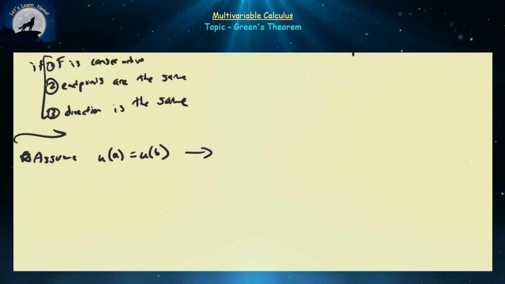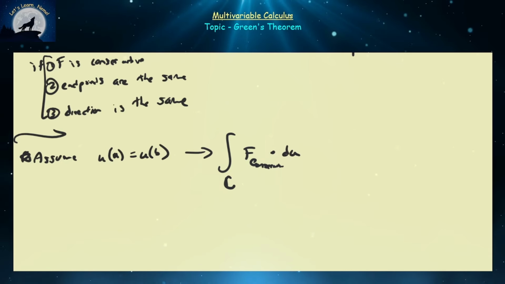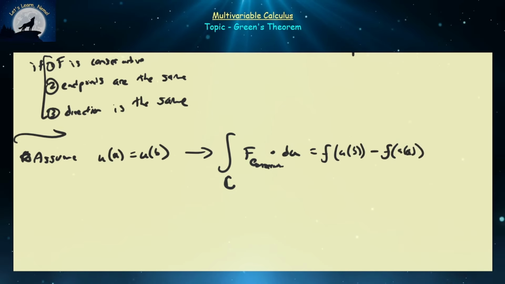So if this is the case, and let's assume that f is still conservative, let's assume that we're integrating over some path c, and let's assume that this is a conservative vector field, and let's assume that u is a path, then that means this is going to be equal to f of u of b minus f of u of a. But u of a and u of b are both equal to one another, so that's going to be equal to f of some number, let's say star, minus f of the same number star,